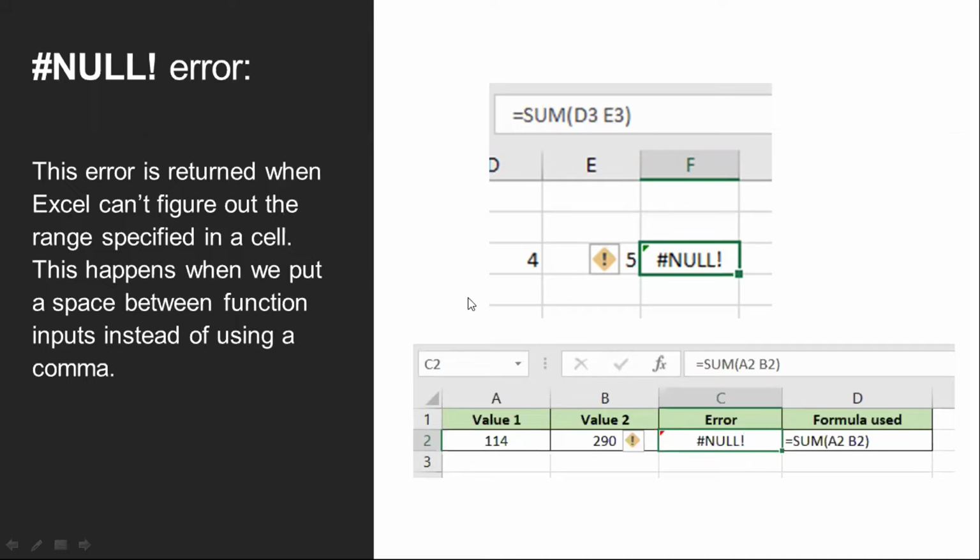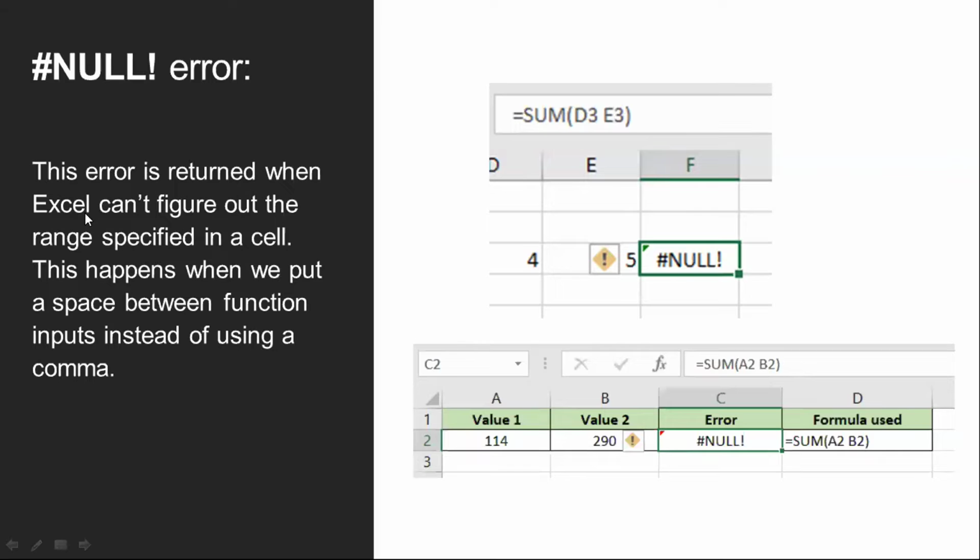In that case, it simply says #NULL!, because I haven't specified the relation. If you put a comma, both cells' values will be added. If you put a colon, the range will be taken. But I left out both of these characters and left it empty. Ultimately, we get the #NULL! error.